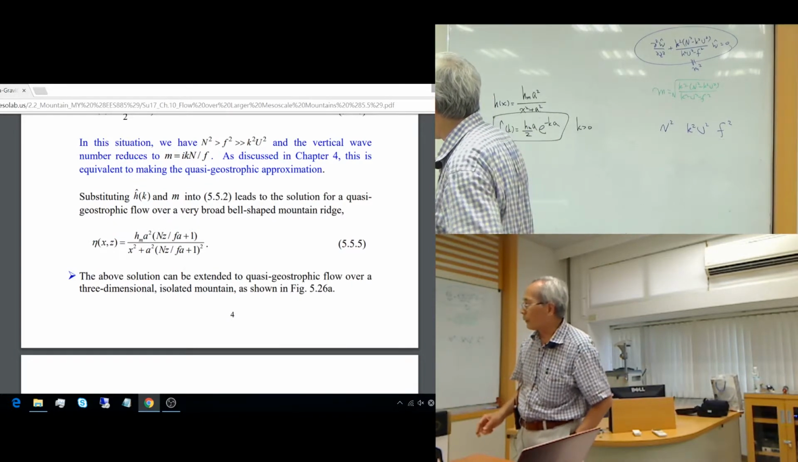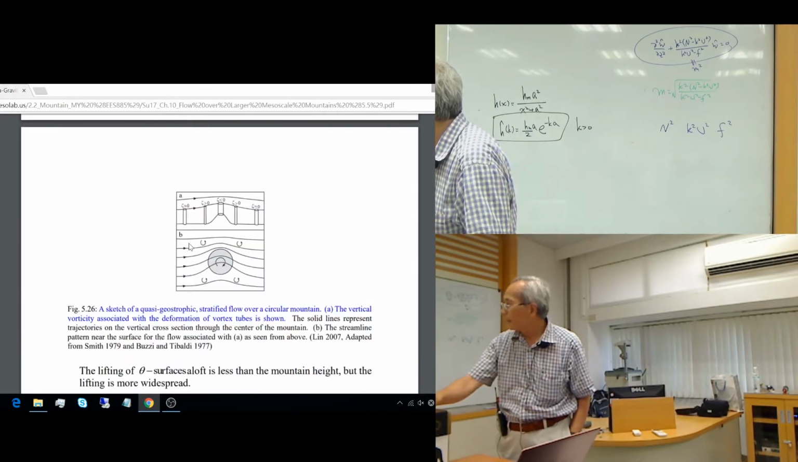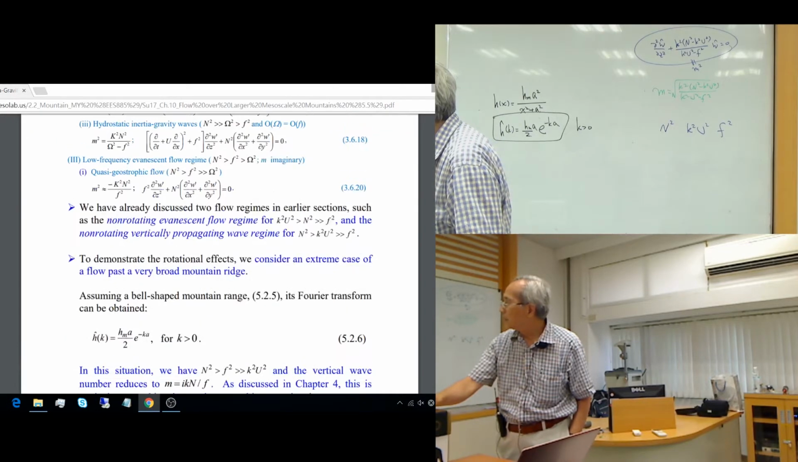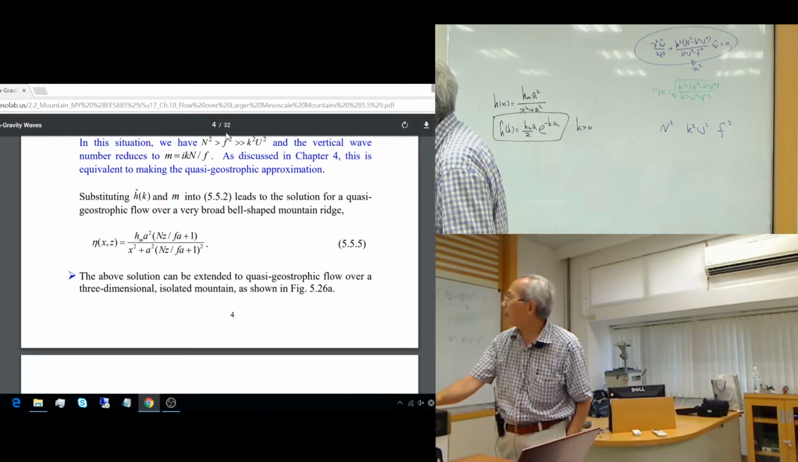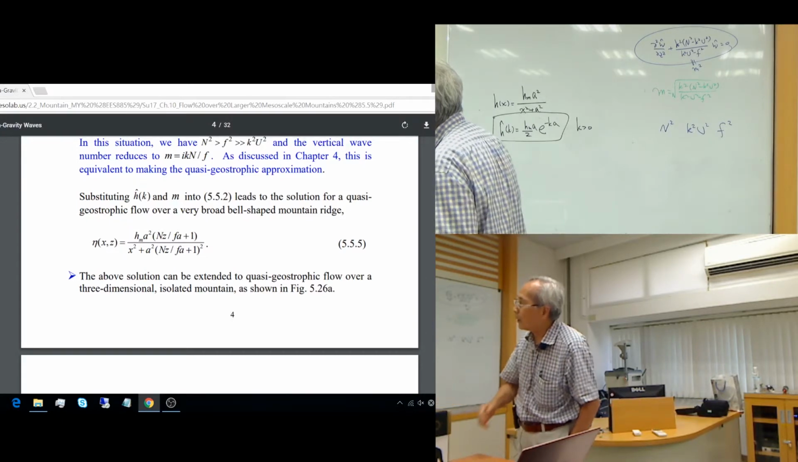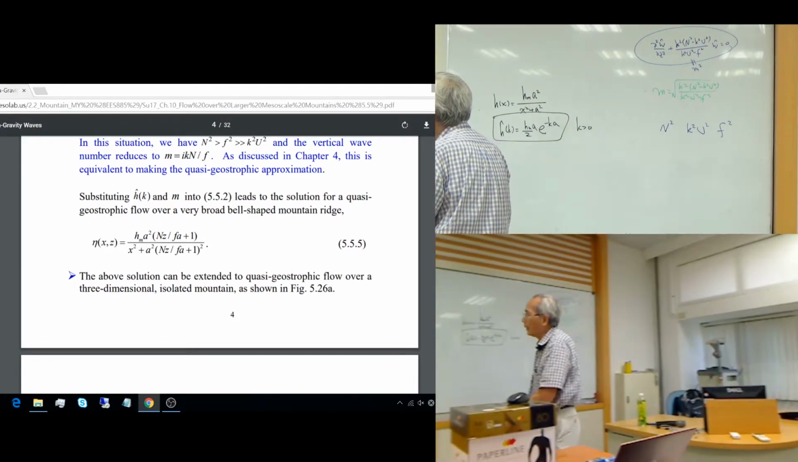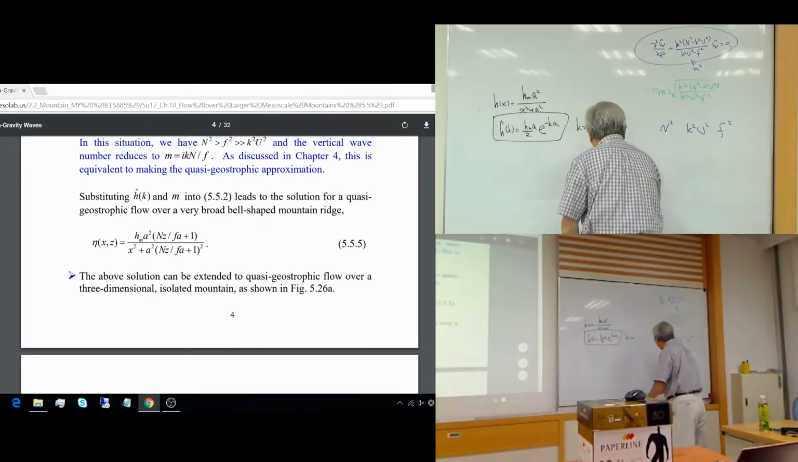The above solution can be extended to quadrature flow over a three-dimensional isolated mountain. So in this situation, we have n squared greater than f squared, much greater than k squared u squared. And the vertical wave number reduces to m equals i k n over f. So if we assume,